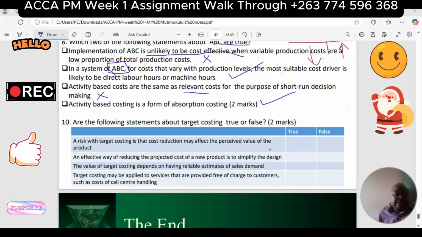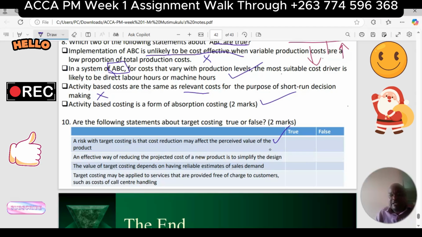Okay, let's do the question together. Are the following statements about target costing true or false? Number one, a risk with target costing is that cost reduction may affect the perceived value of the product. Yes, remember when we say that